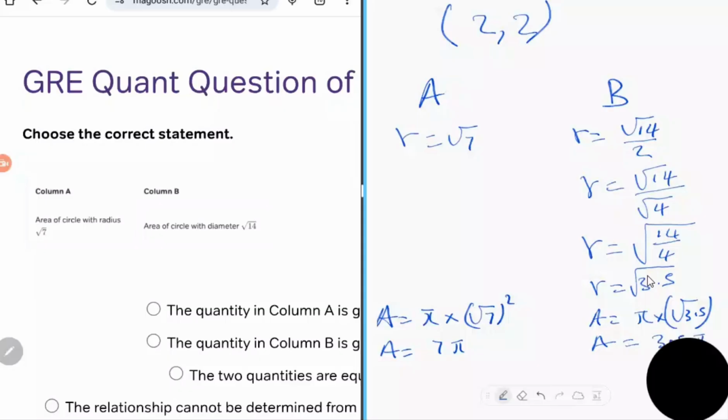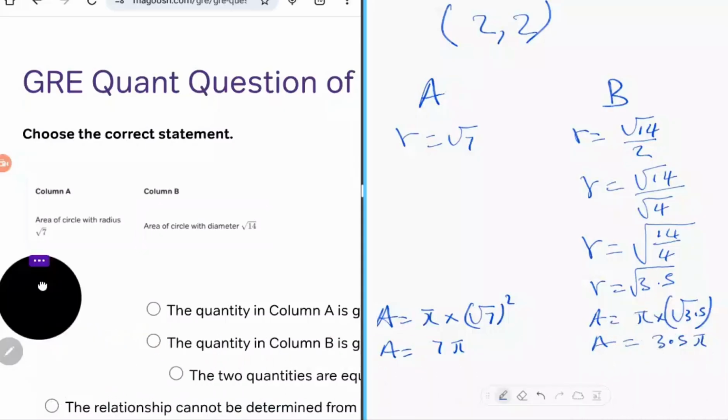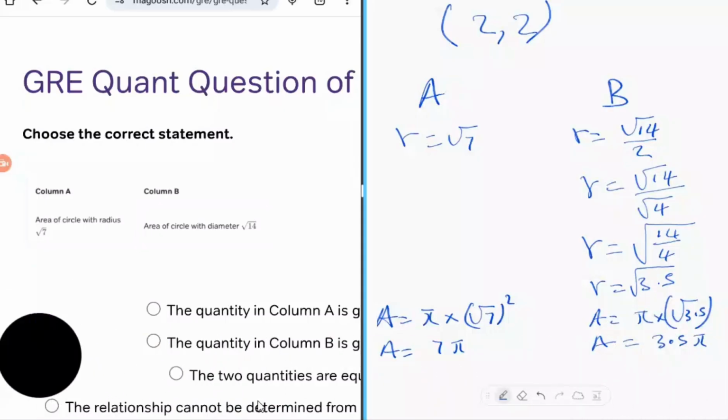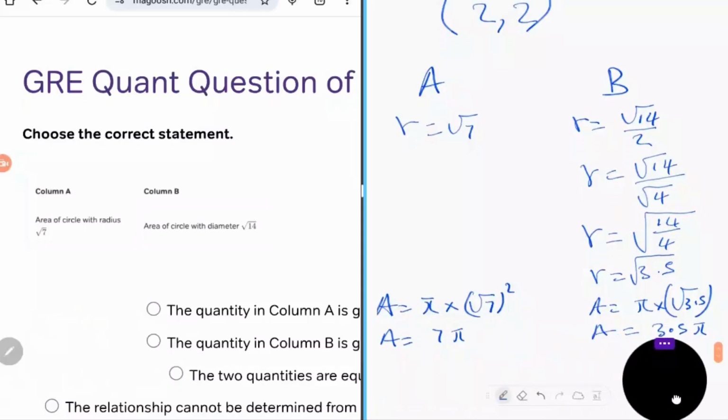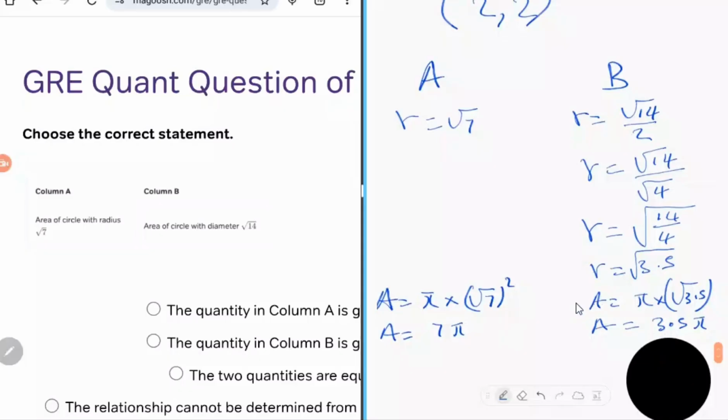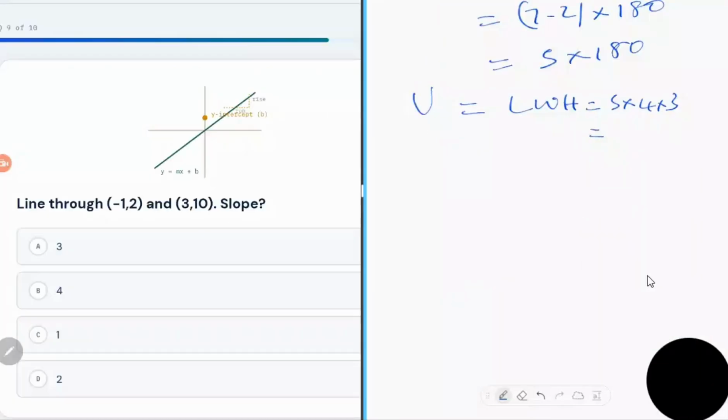Remember, you don't need to go through all this. The most important thing to hold on to is to check the radius. Which one is greater? Remember what the slope